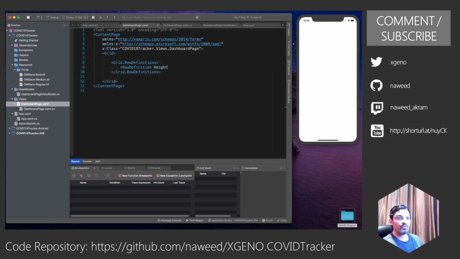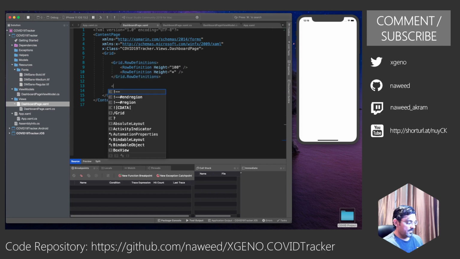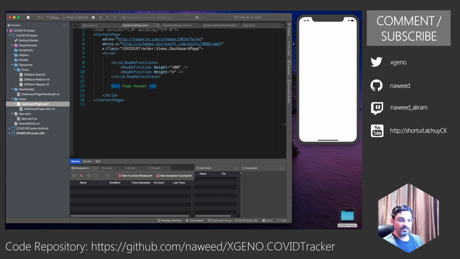The first row I will give it a height of 100, and the second one I would give it star so that it takes up all the space. I am going to put my page header. This is where we are going to have the title and the date.